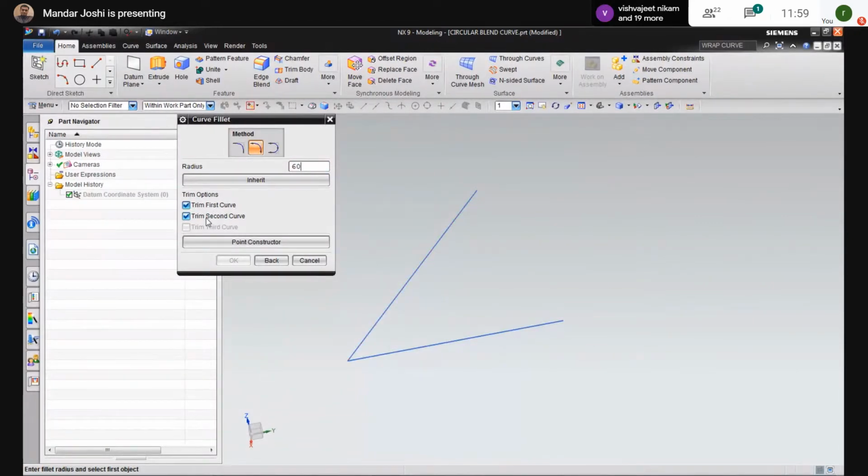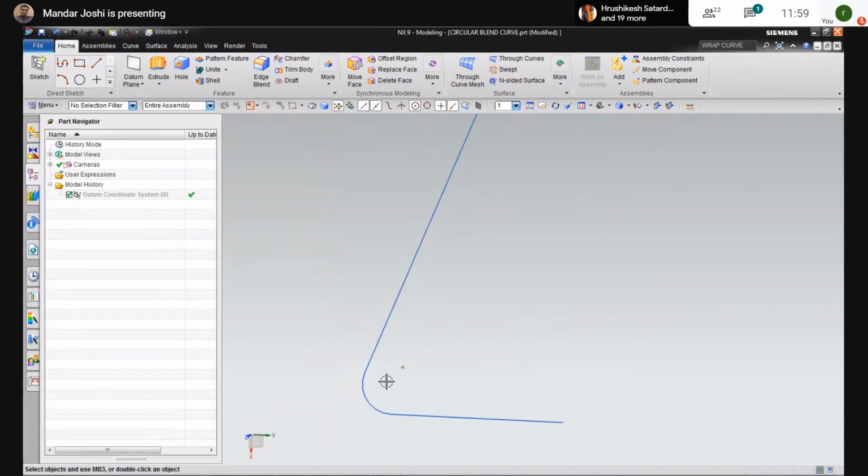You have to check these two buttons. First line is this, second line is this. It is not generated because it is asking in this option to indicate the approximate fillet center. So whether we want the fillet center on the top side or bottom side, you have to select by clicking over here. Okay, and then the fillet gets generated.